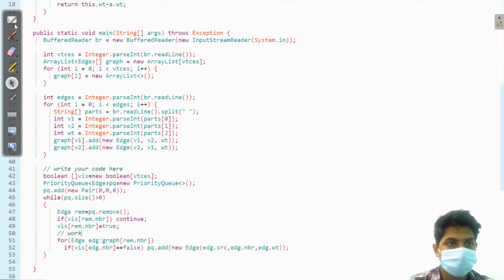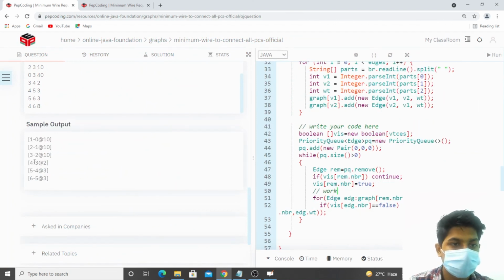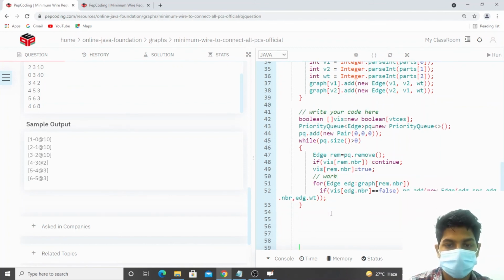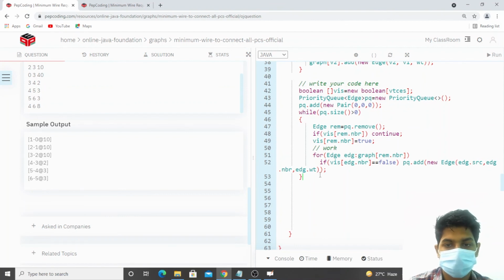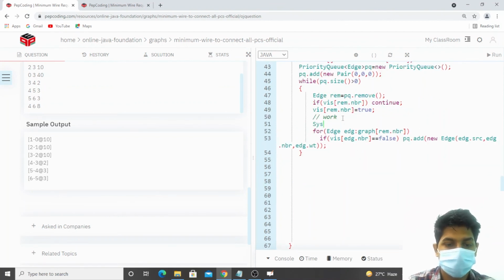For the work part we need to print like this. So now let's write a print statement for this. System.out.println, starting with a square bracket plus the source node.